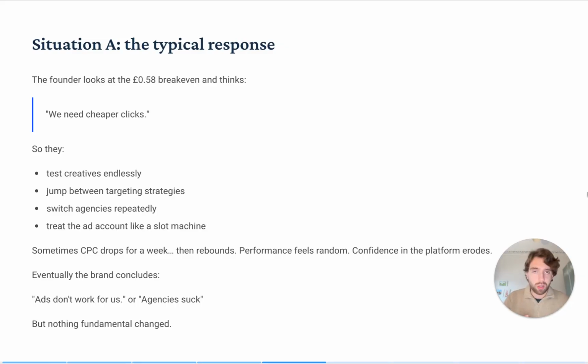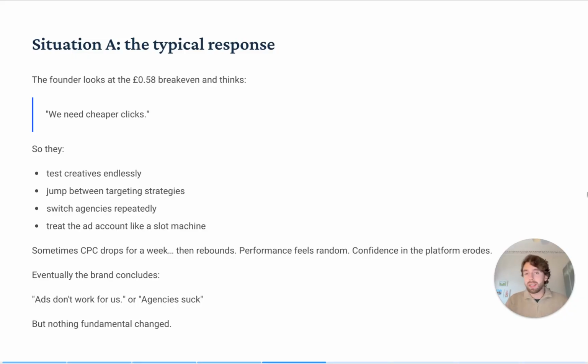So they test new creatives, they change strategies, they try new agencies, because again and again I've seen this where people say, I worked with an agency, and I've been burned by them, they didn't do a very good job. But then when we look at all the metrics, it's like, well, no wonder they didn't do a very good job. They were working on the wrong problem. They were never going to be successful. And I've had it before where I've had to turn people away from the service that they wanted and say, hey, you need this, because there's no way we're going to be able to make you successful if we just focus on the ads, for example.